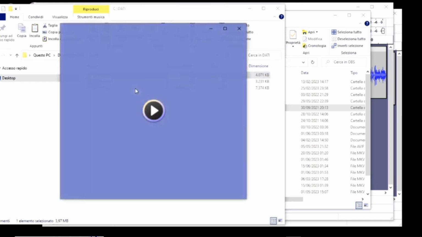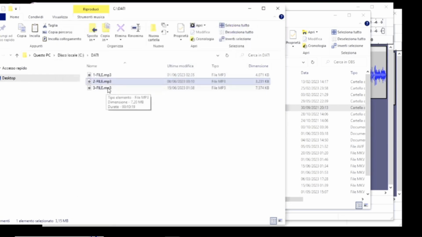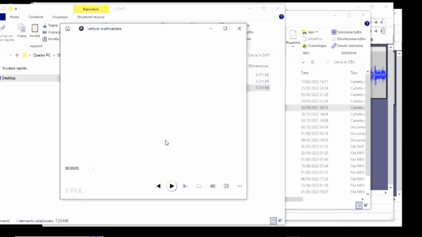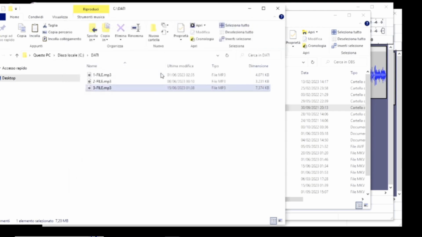Let's open the first file. Let's see that the length of the file is 5 minutes and 43 seconds. Let's go and see the second file. File 2, 4 minutes and 35, so 5 and 43 plus 4 and 35 should give us 10 minutes and 18 seconds. Let's go and see here, 10 and 19. Clearly because there are then tenths of a second. This file, which we are certainly not listening to now, which is not what we are interested in, is 10 minutes and 19, which means that the union of the first file with the second was successful, and we have generated the third file,